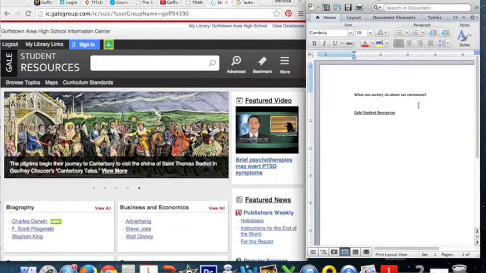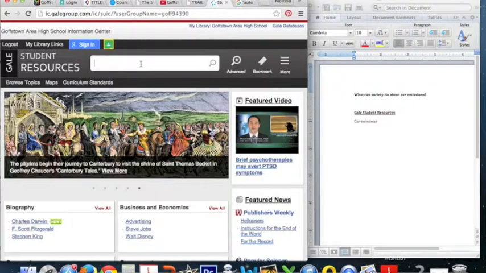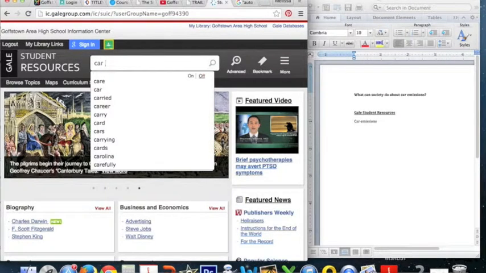So we are interested in car emissions. I'm going to start with that as a search term rather than typing in the question, what can society do about car emissions? I just want to get a general sense about what's out there and learn a little bit more about the topic, and then maybe I'm going to go back and add the word society, but let's start very general. So within Gale Resources, I'm going to type car emissions,